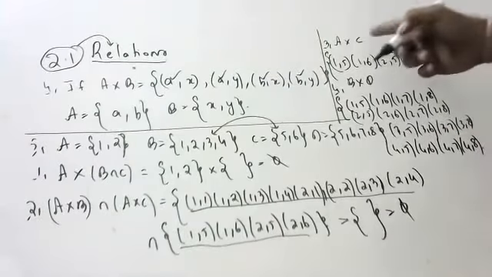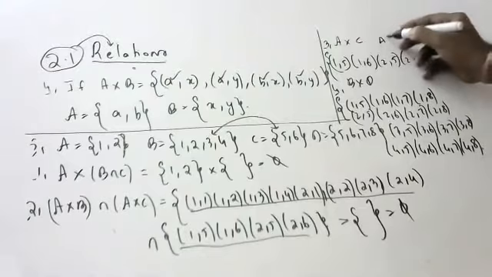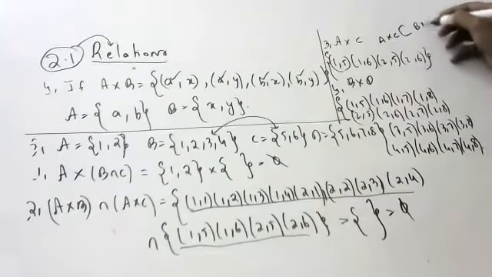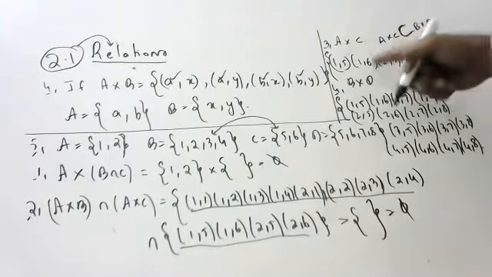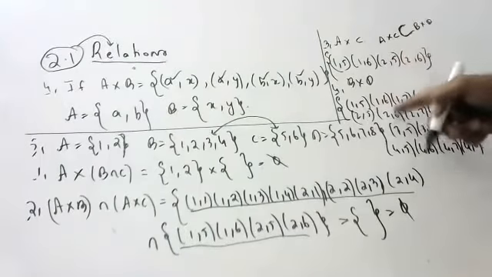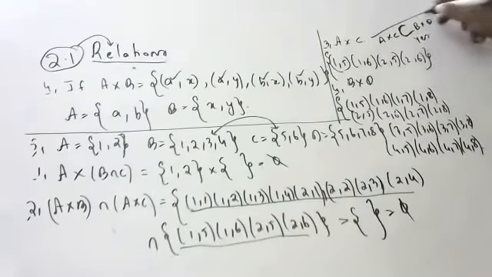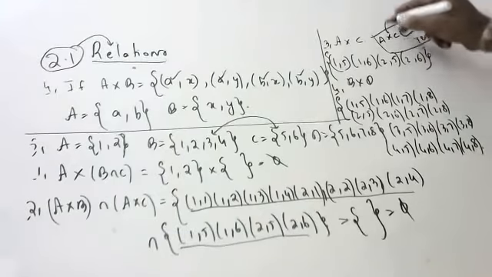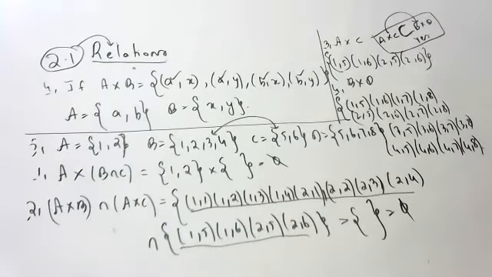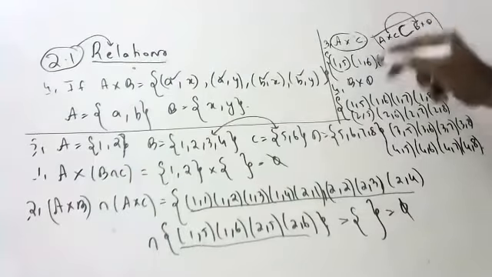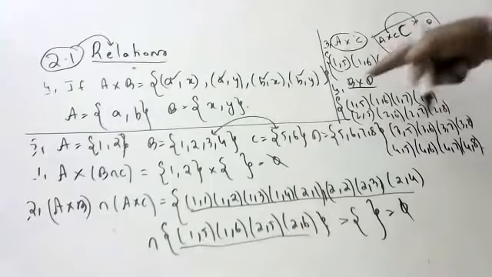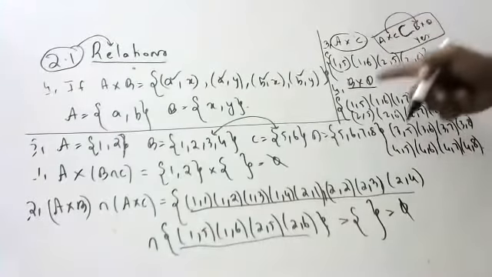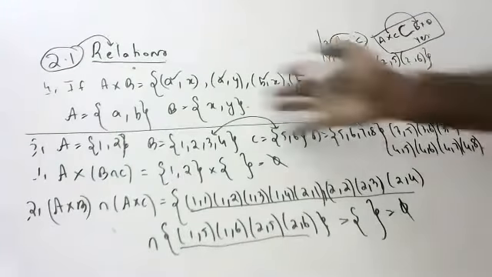He is saying, is A cross C a subset of B cross D? Subset means all the elements of this are present in this. 1 5, 1 6, 2 5, 2 6, yes. Yes, sir, true. What is a subset? If all the elements of this are present in this, it is called a subset. Is that statement true or false? Yes, A cross C is a subset of B cross D because all the elements in A cross C are also in B cross D. This is your fourth question.